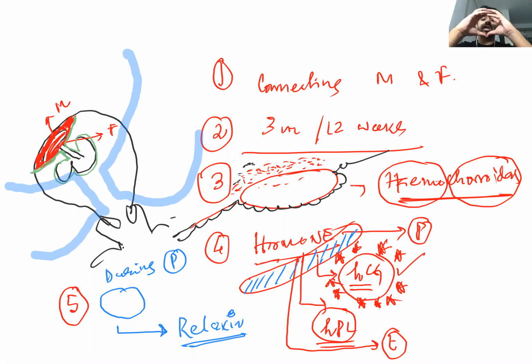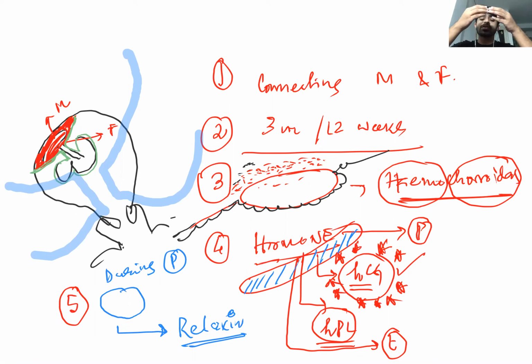So what is our purpose? The purpose is that during the process of delivery we should expand it so that the baby's head can come and the whole body of the baby can be delivered. So relaxin will help in relaxing the symphysis pubis. I think you are getting what the symphysis pubis is. Both hip bones in front are connected at a joint that is called the symphysis pubis joint.